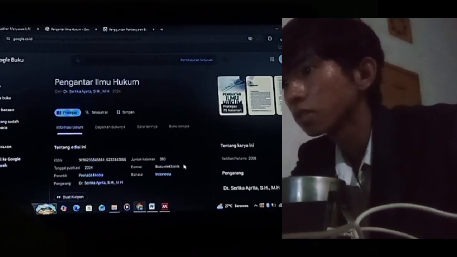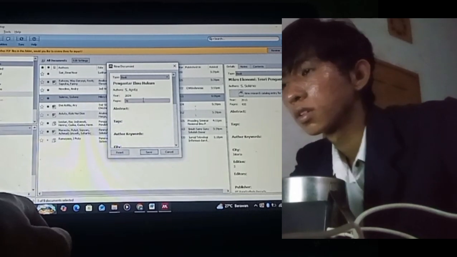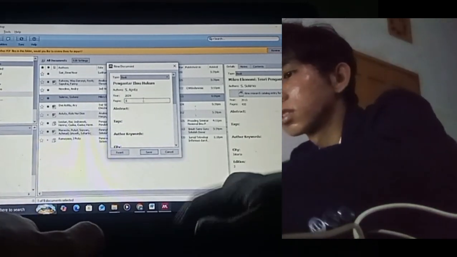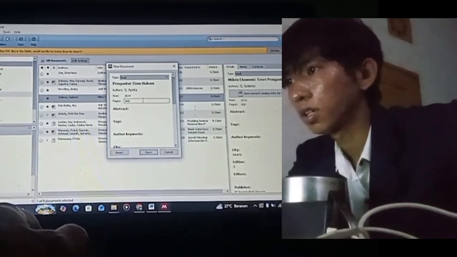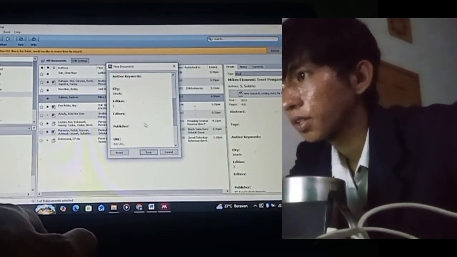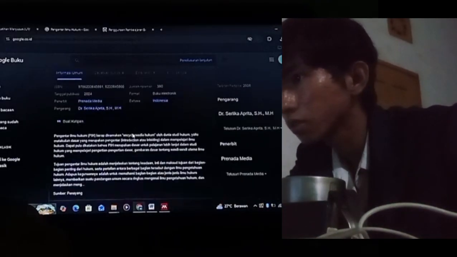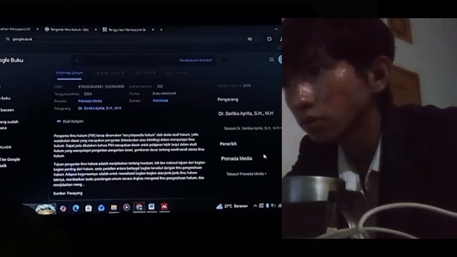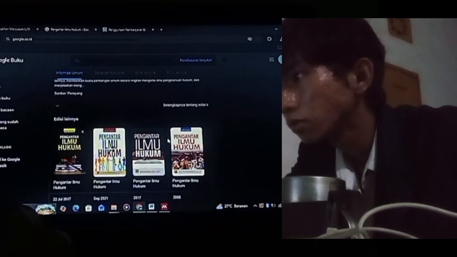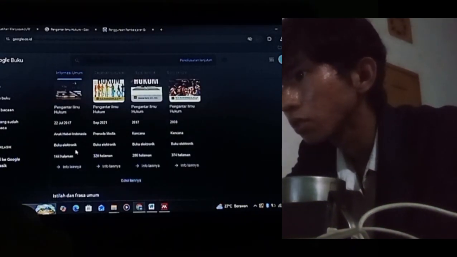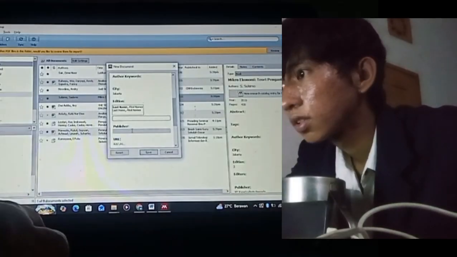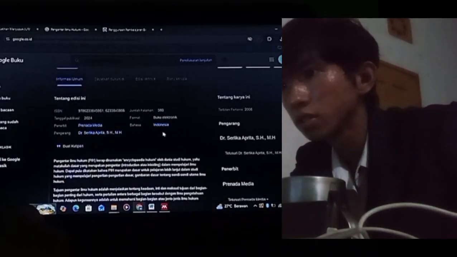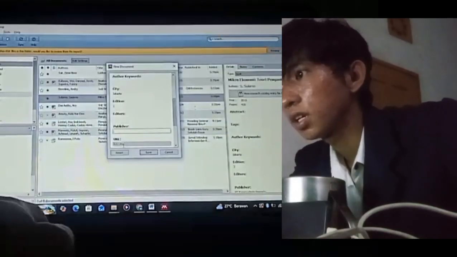And it's 380 pages, and the editors, they don't have editors, and the publisher is Renada Media.